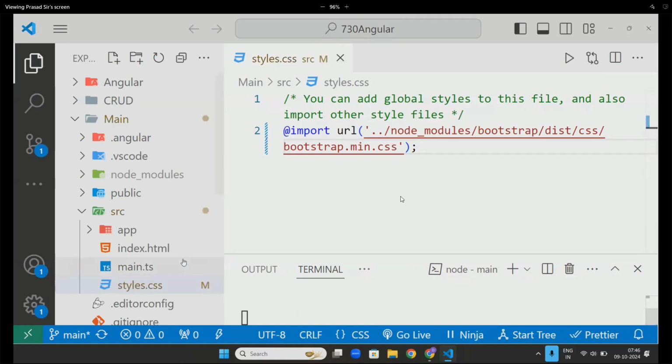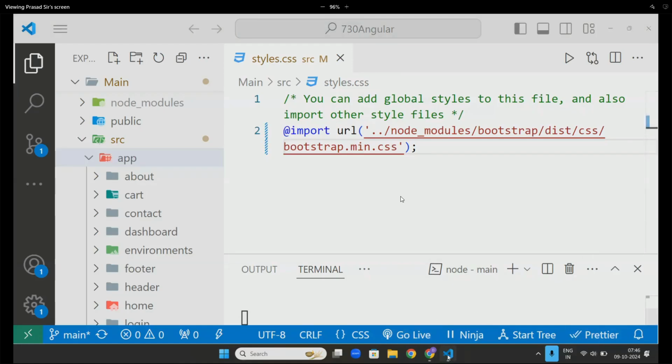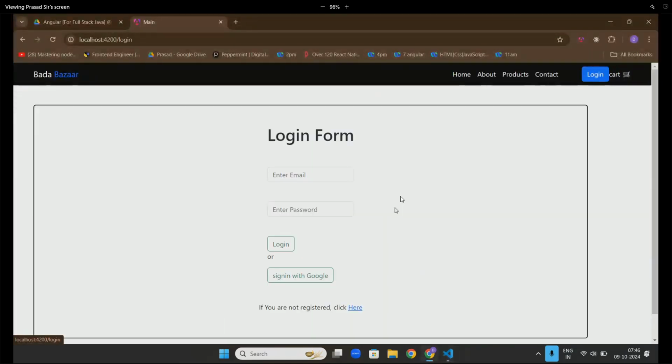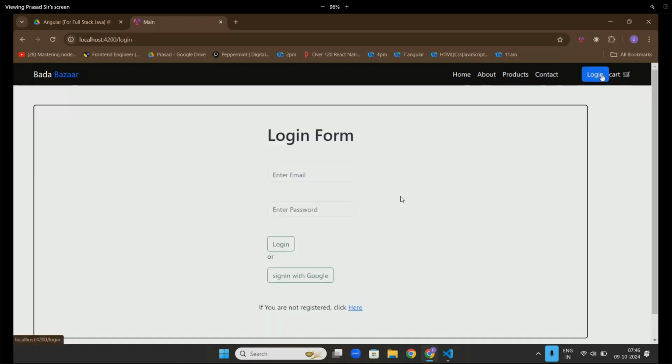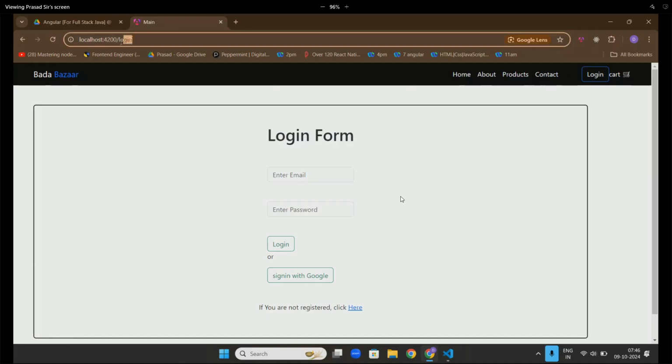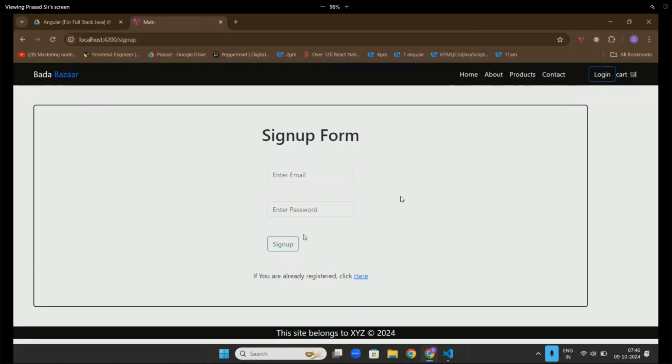Now, what did we do yesterday and the day before? Everyone focus here. We did login, register, sign up, the dashboard, and logout.